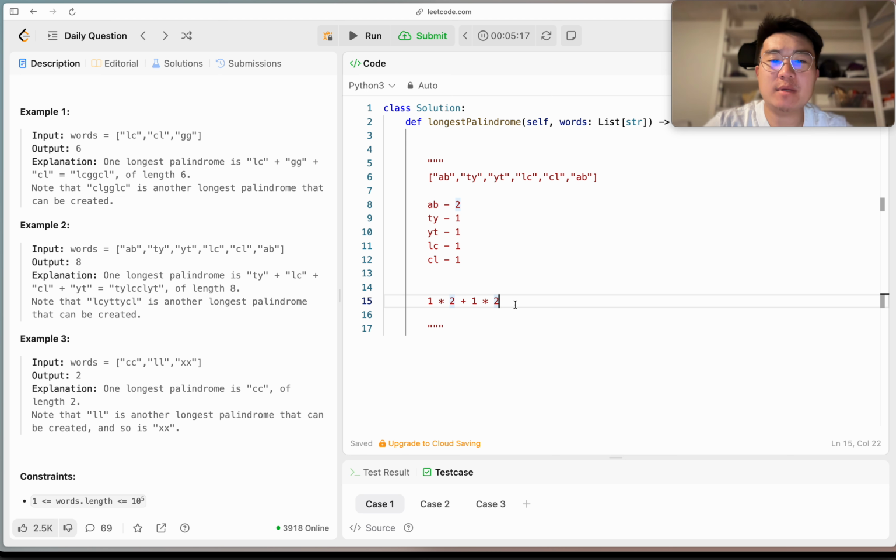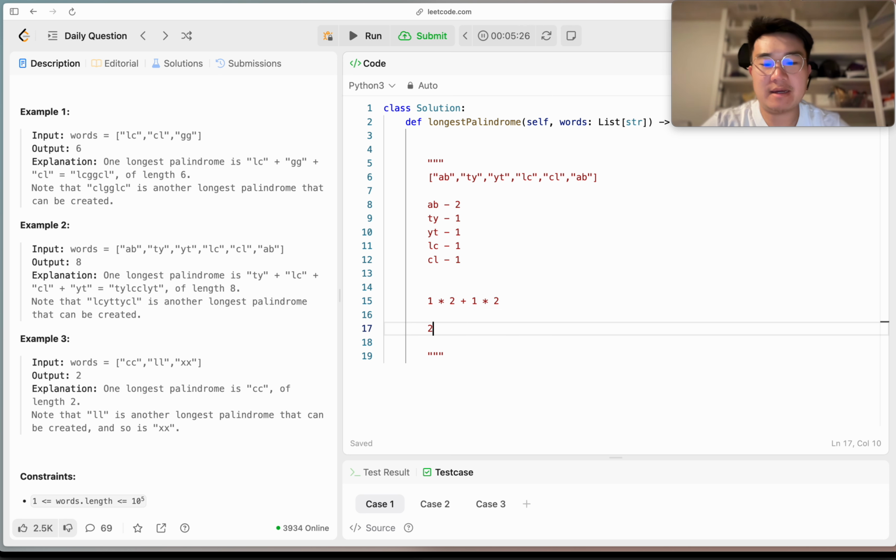Maybe we can multiply by 2 later. So you see the times 2 and the times 2, so I'm just going to bring that out. I'm going to say 2 times, and then these are all of the minimum occurrences. So it'd be 1 for that TY, YT occurrence, and then for the LC, CL occurrence, it also appeared once. And then since we're keeping track of this,